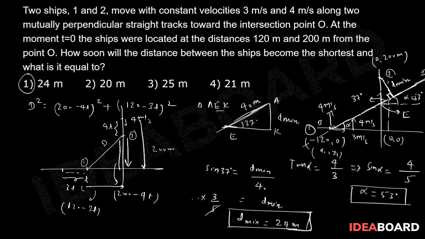Then you need to differentiate with respect to t, that means d upon d square and so on. You differentiate, find out the value of t from that differentiation, and then you substitute this value of t in the equation further to find out the value of d minimum. So that is a bit complicated method, but yes, you can do that. This is just a hint for the other method, the calculus method. Already I have solved it: 24 meters. Correct?